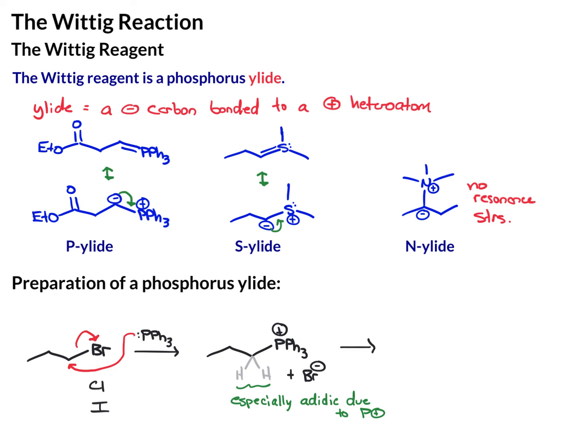There's various bases that can be used. A common base is just butyl lithium, and that's a carbon base. So if you see that, just break it up, lithium plus, butyl minus. That's a basic butyl group, so that will come in and take one of these protons off of the molecule, put a lone pair on the carbon,